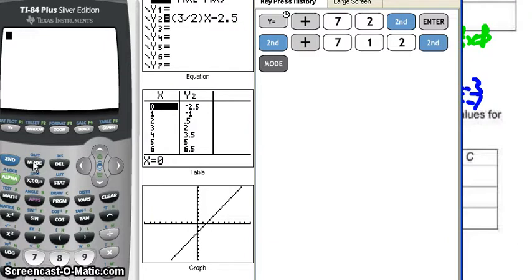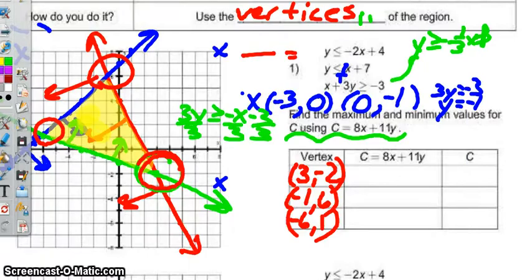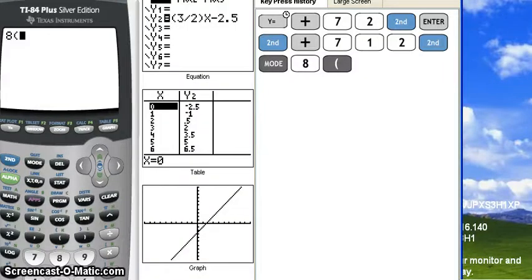Now, somebody read me the cost equations. I can't see it. What is it? C equals 8x plus 11y. Okay, 8x plus 11y. So we're going to do 8x, which in this case for that first ordered pair is 3. Everybody agree? So this is what we're going to do. 8 times 3 plus 11 times -2. That's what we're going to do. All right, so somebody read that to me. 8 times 3 plus 11 times